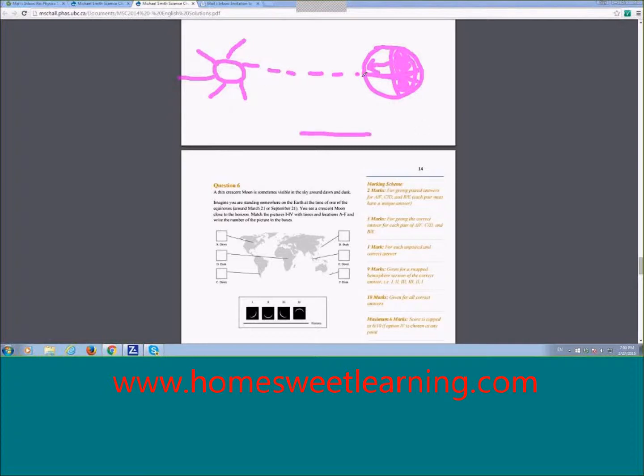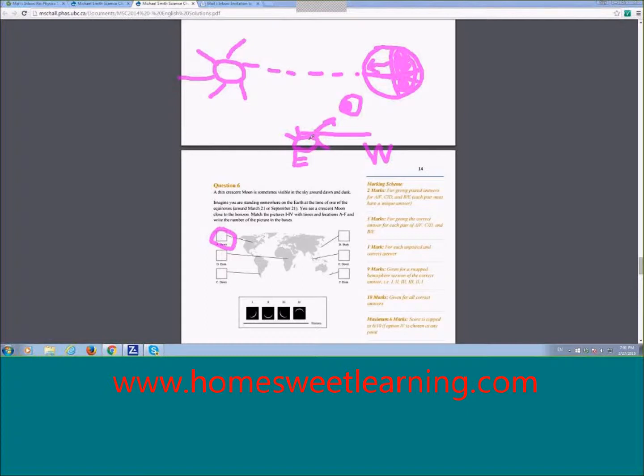What that means is because you're looking south towards the equator, your east and west are going to be swapped. And the sun rises from east to west, no matter where you are on Earth. So at sunrise, for the dawn in this example, the sun is going to be starting to rise right over here below the horizon. And it says we see a crescent moon close to the horizon, so the moon is somewhere here, right? So if we draw a moon here, we can see that over here the sun is going to be highlighting this part of the moon. So that's going to be number 3